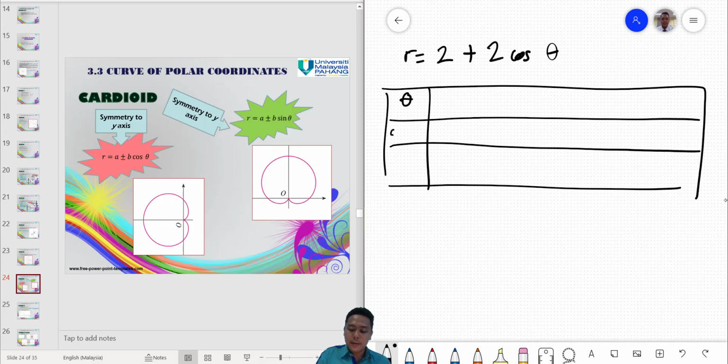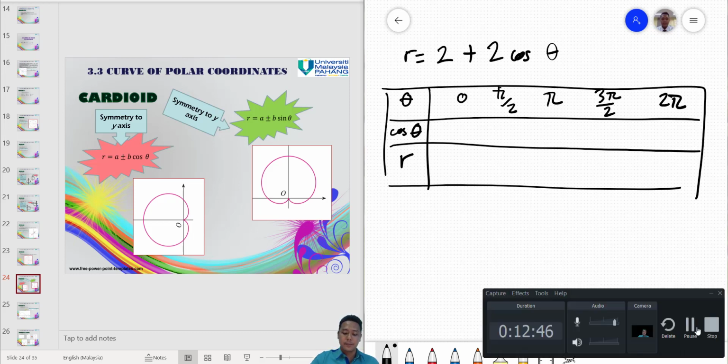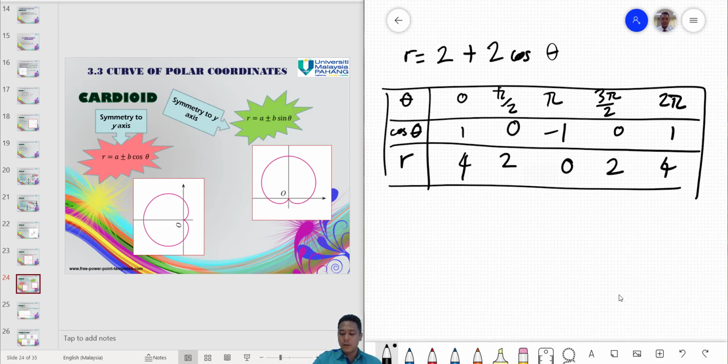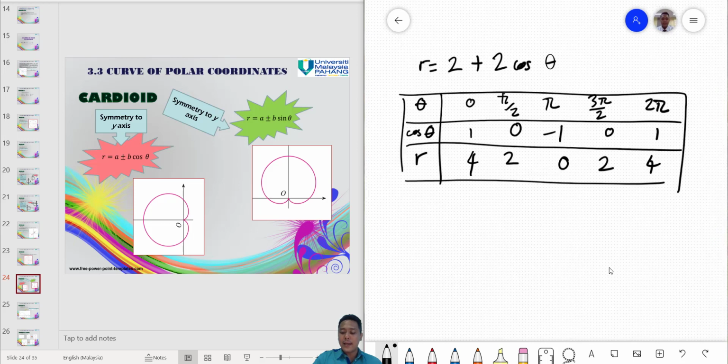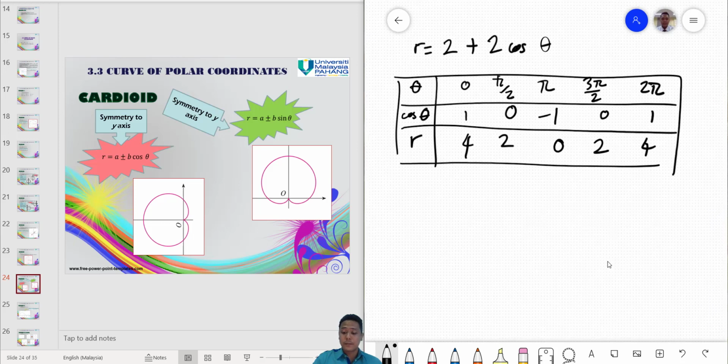Theta, cos theta, and also the r. I will use the same ranges as 2 plus 2 sin theta just now. Try to fill in the table. You should be able to get these values, and let's try to plot